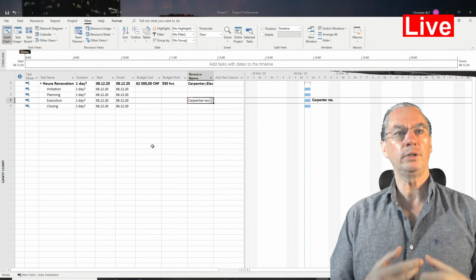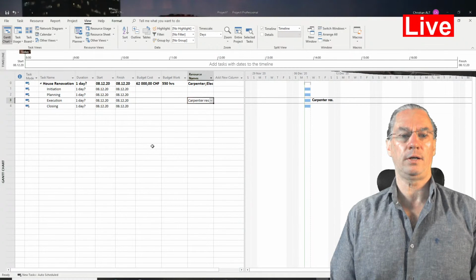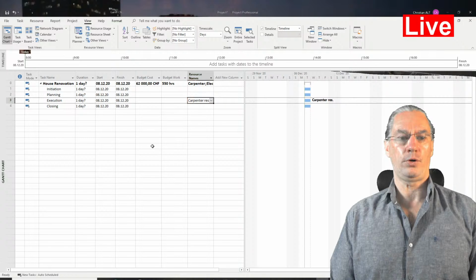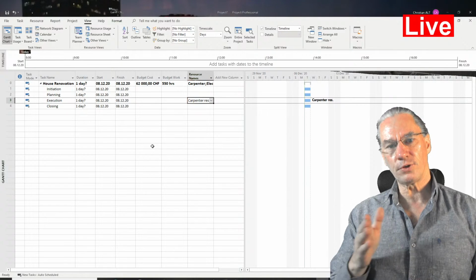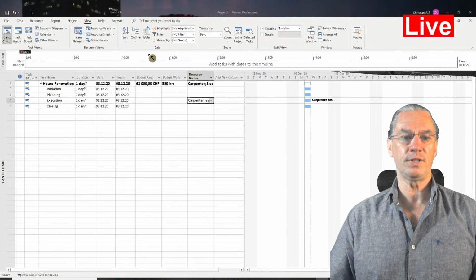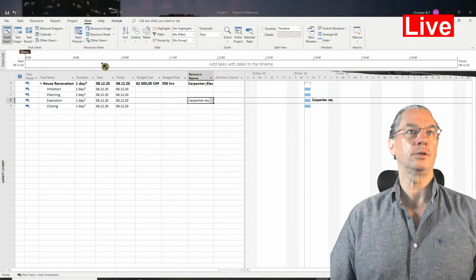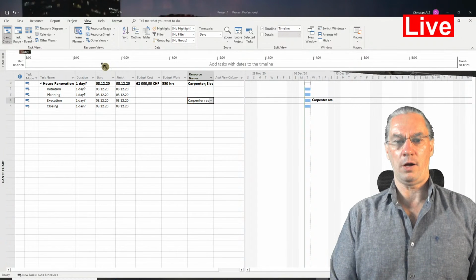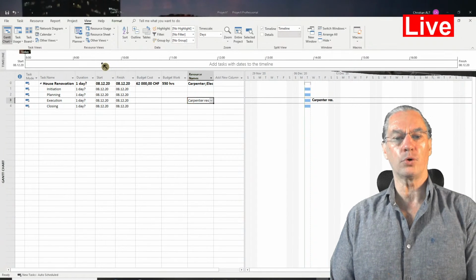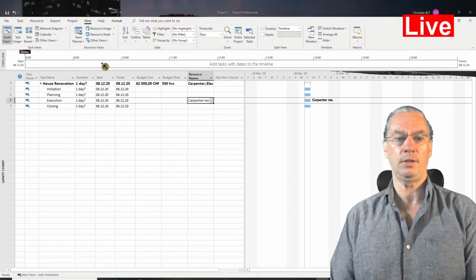Usually when we present a budget, there is a small schedule planning with the key milestones, and for this we will use the timeline up here to show stakeholders when there are important milestones in a project.